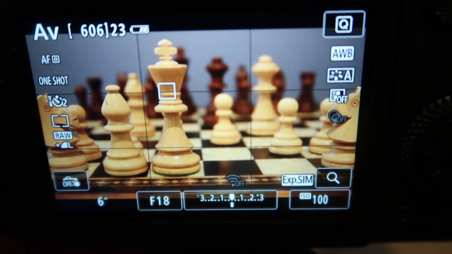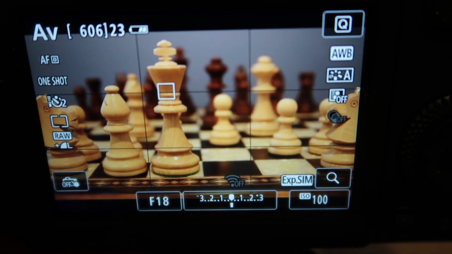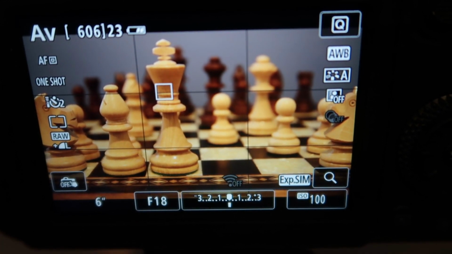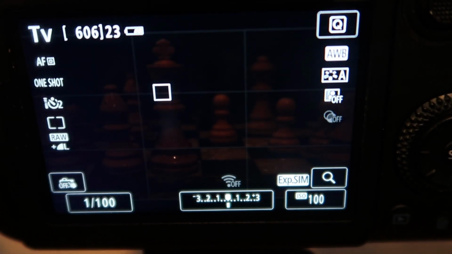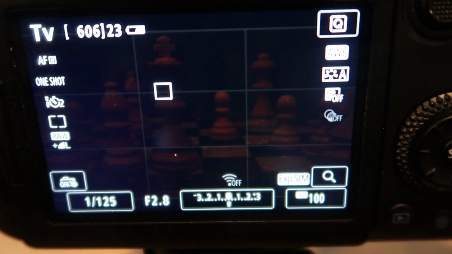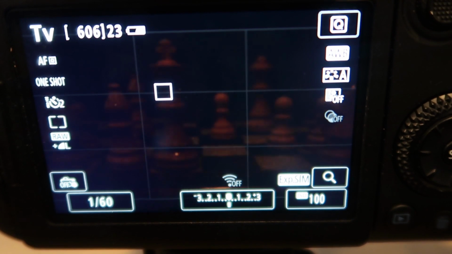And that was aperture 18, and it took the image for 6 seconds. So that's the aperture priority mode. So the shutter priority mode lets you control the shutter speed. So you can turn the dial for the shutter speed like this,